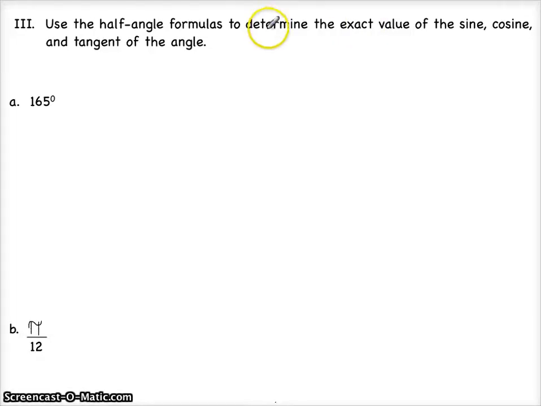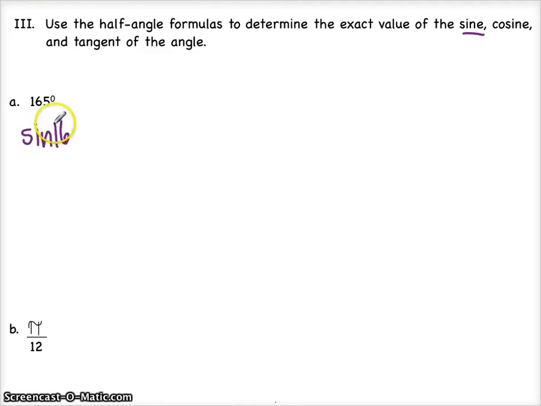We are in Chapter 5, Goal 12, Roman numeral 3. Use the half-angle formulas to determine the exact value of sine, cosine, and tangent of an angle. So if we look at A, if I'm asking you to find the sine of 165 degrees,